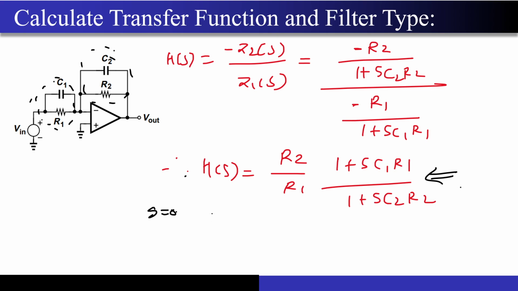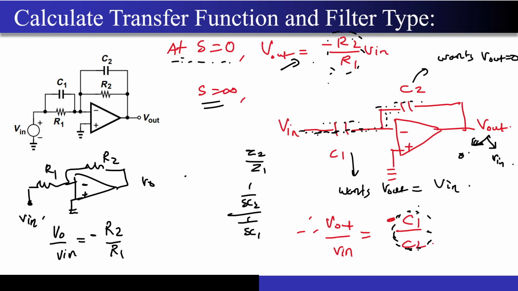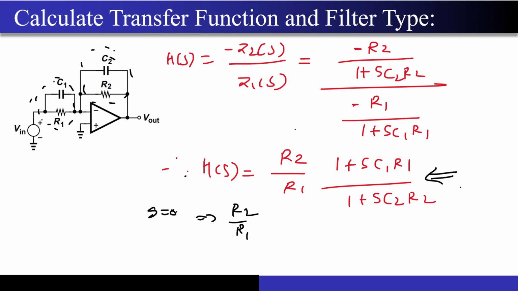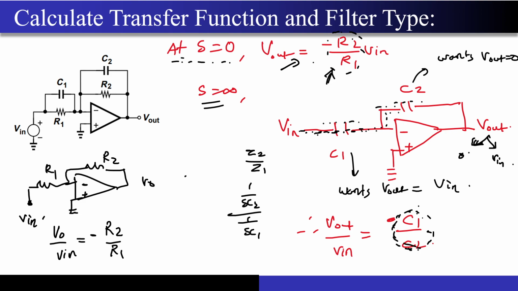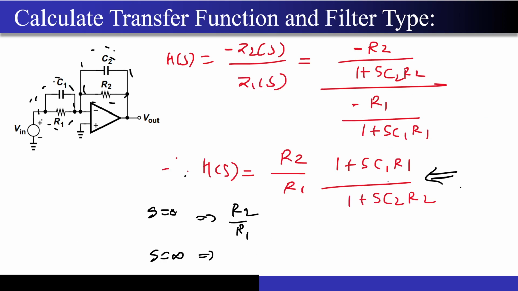At S equal to 0, the answer should be R2 by R1. Correct? And this is what I got from here. It should be R2 by R1. Correct? Now at S equal to infinity, the answer should be what? I have got C1 by C2 over here. What if I put S equal to infinity? Use the L'Hopital rule, right? You will just get C1 upon R1 upon C2 into R2. Correct? Obviously at the same time you have the R2 by R1 on the outside, so this R2, R1 will get cancelled, and you will be just left with C1 by C2. So this expression definitely makes sense. We have verified it with the sanity check as well.